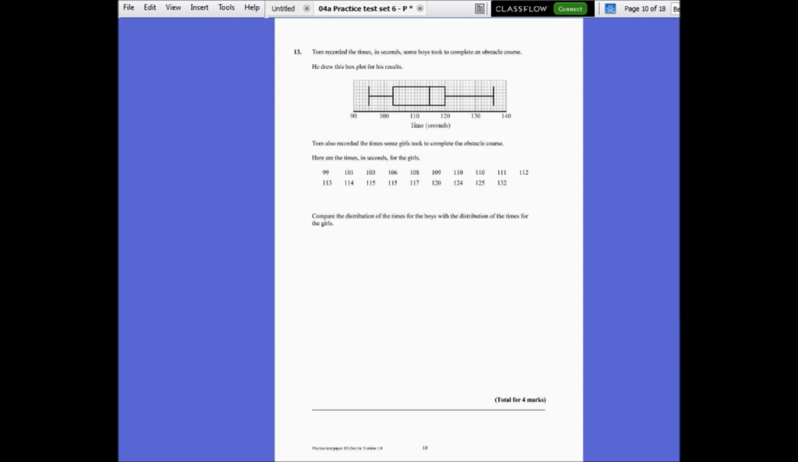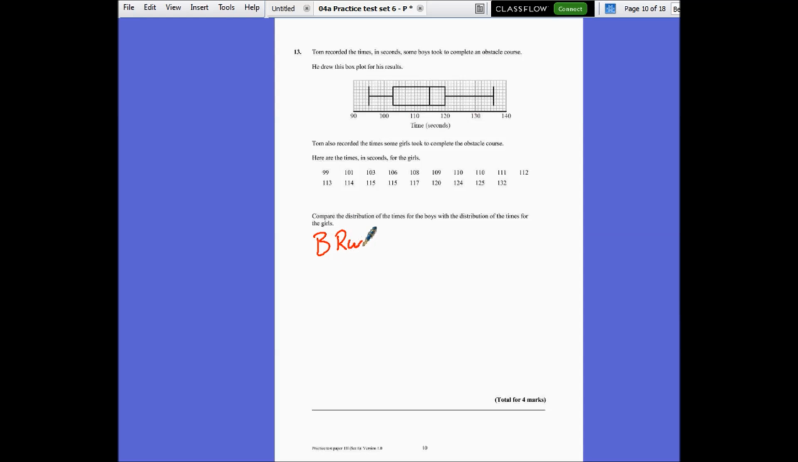That can be the mean or the median or the mode, and it can also be the interquartile range or the range. In this one, I'm going to choose to do the range and the median, because we've got a box plot, and the median and the range are the easiest ones to work out. So, looking at the box plot for the boys